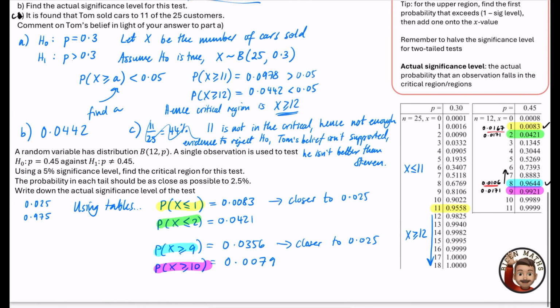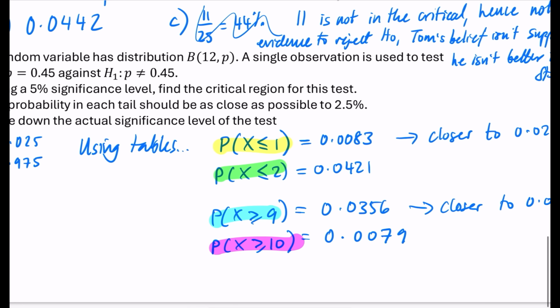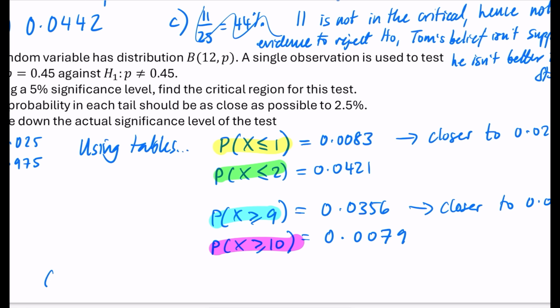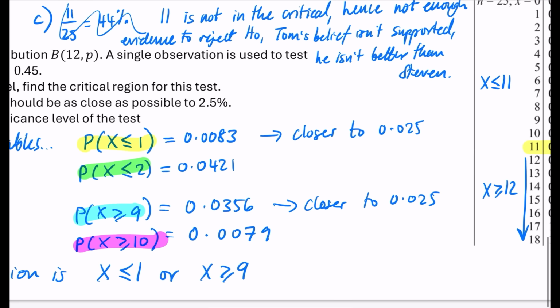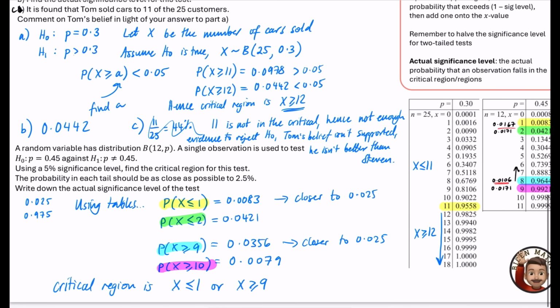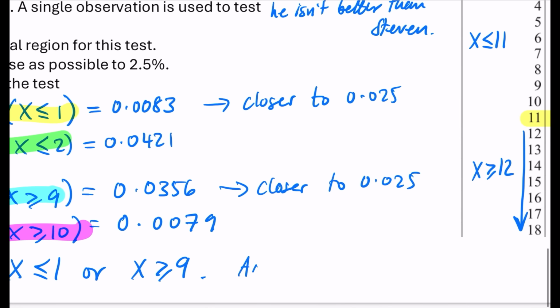So the critical region is therefore going to be that x is less than or equal to 1 or x is greater than or equal to 9. So the critical region is x is less than or equal to 1 or x is greater than or equal to 9. So we've got those two extreme ends here. And it wants us to now just write down the actual significance level. So the actual significance level is equal to those two that we're going to highlight the probabilities of. It was the yellow and the blue. So it's the total probability,